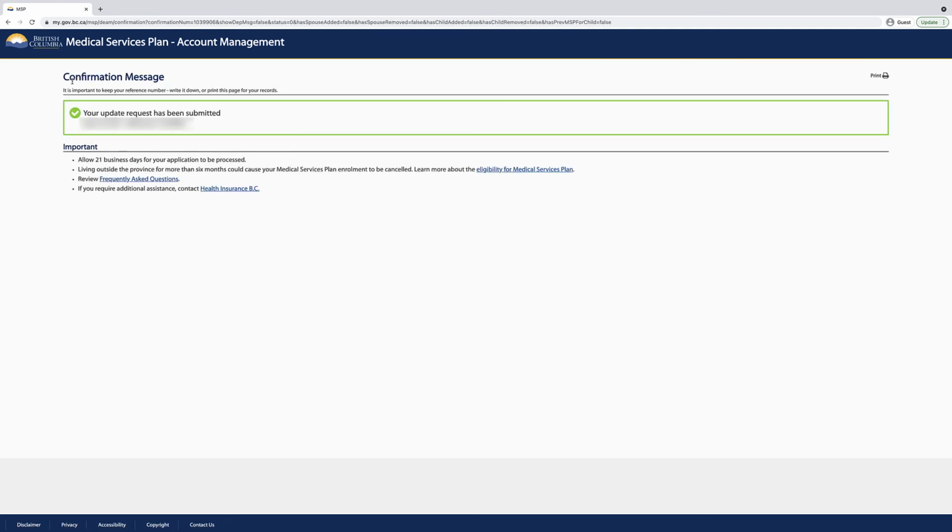And you will get a confirmation message that gives you a reference number for in case you need to follow up with them. It normally takes 21 days for them to process it. And you can either print this reference number right here, or you can just take a screenshot on a Mac with Shift Command 4, and you can just quickly take that and you have that for your reference, or you can say print